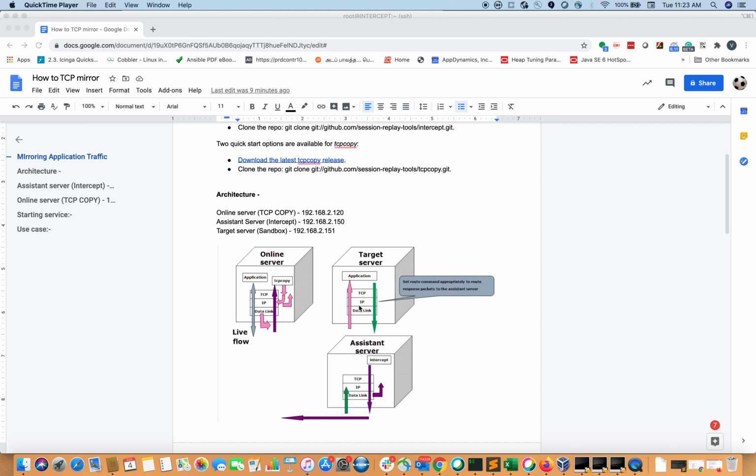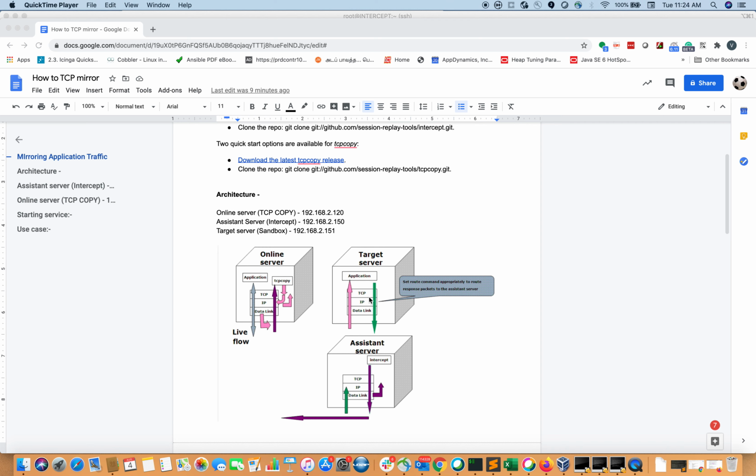The sandbox environment also does the same thing, processing the duplicate data, and since the source packet is from the client itself, the target server would again send the data to the client. We don't want to do that, and it will create confusion in the network layer.